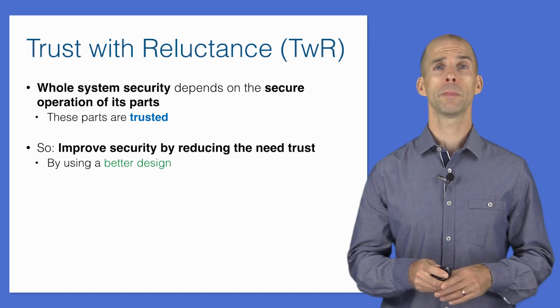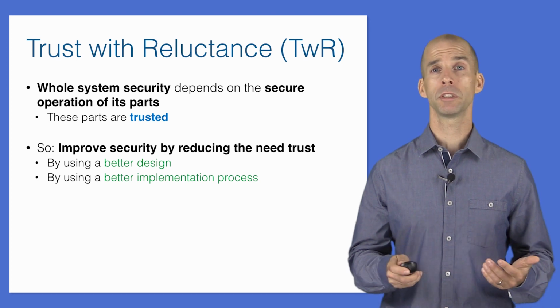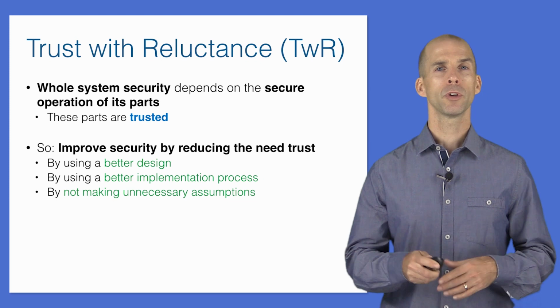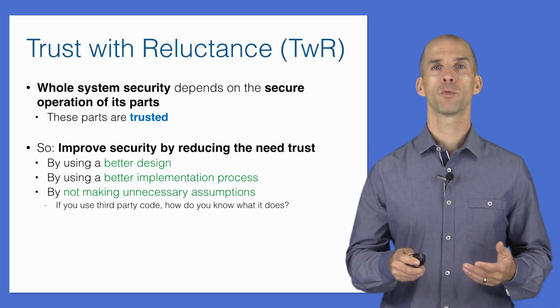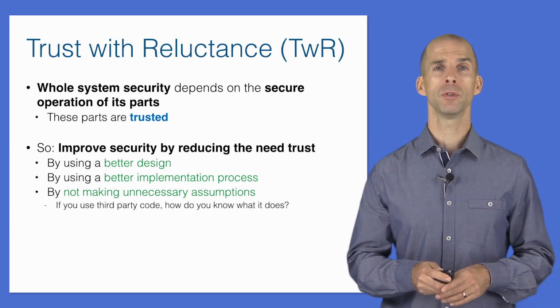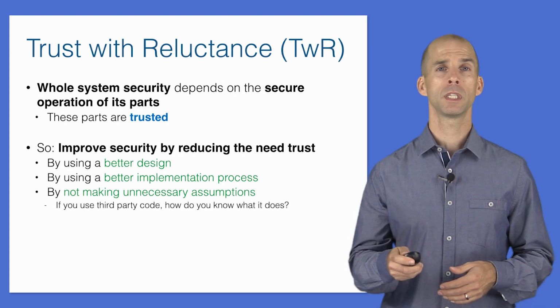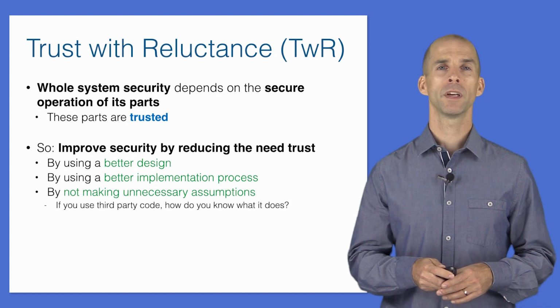First, we could use a better design. Second, we could implement functions more safely, for example, by using a type-safe language. Third, we could avoid assumptions on which we base our trust. For example, we could avoid the assumption that the third-party libraries we use are actually correct. And instead, we could perform some of our own testing and validation, code review, to ensure correctness and thus establish